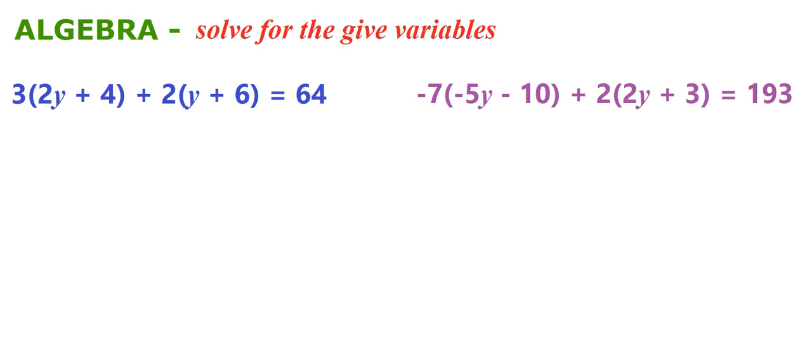So we've got some equations here which look a little bit tricky because of all the brackets, but really if we break things down step by step, it becomes a lot easier to solve. We've got this first problem here, the blue problem. It says 3 brackets 2y plus 4 closed brackets plus 2 brackets y plus 6 closed brackets, and that equals